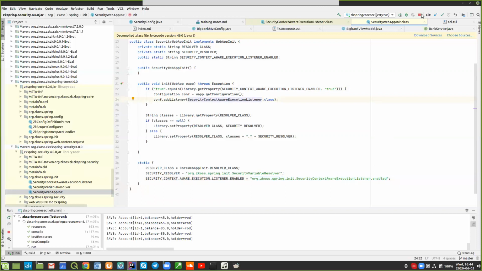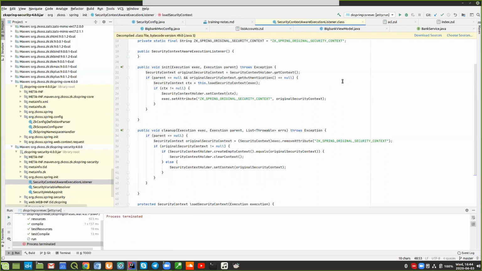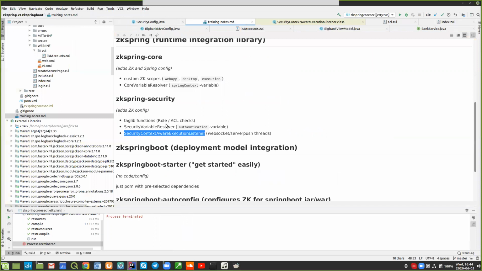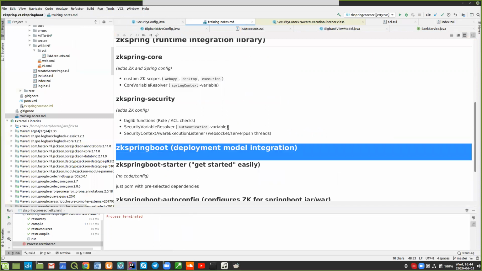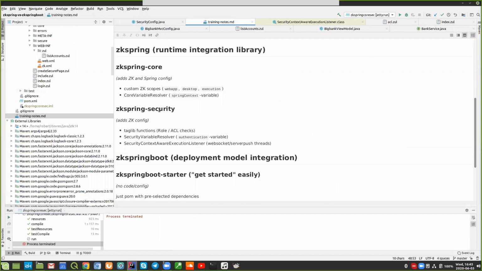And yeah, so let's wrap this. Again, no, not enough time. So what I wanted to talk about is also Spring Boot a bit. It's quite a large topic. Let's see. So we have Spring Core, Spring Security. So these are the configuration layer to enable or to expose general Spring features inside ZK. And then ZK Springboot is,